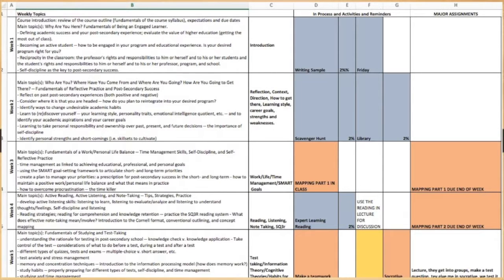We look at a number of ways that we can map out the semester. I show them my spreadsheet for the course where I map themes, activities, and what in-process items take place. I do this now for every course that I teach, and it's a pain at the start, but then it helps, and it helps me build the content online. Rob knows about this. Our Blackboard for this course is organized in this way. So once I have this map, I'm following it for the semester instead of making things up each week. And we've all been there.